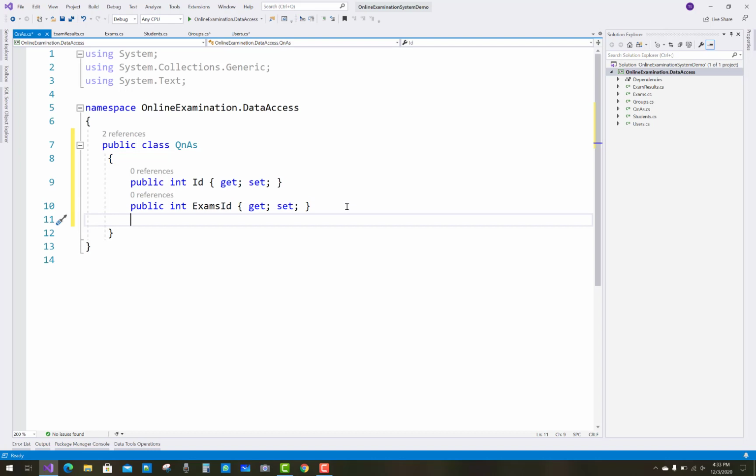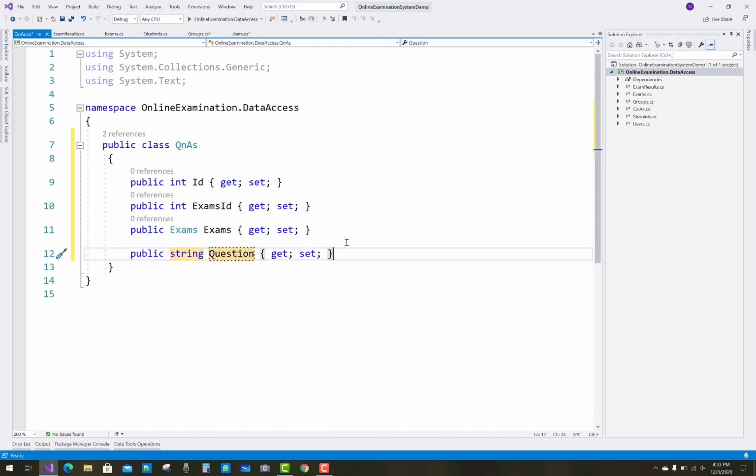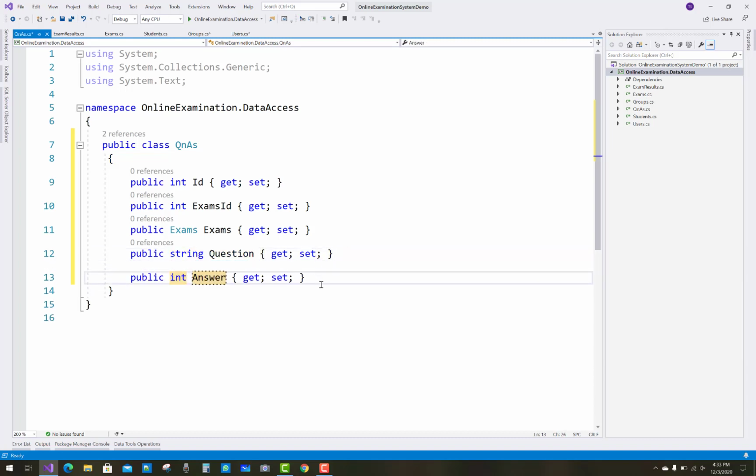If the exams ID is mentioned, then properly you can say prop exams. Questions, so prop string question, answer is there, prop integer answer is there.